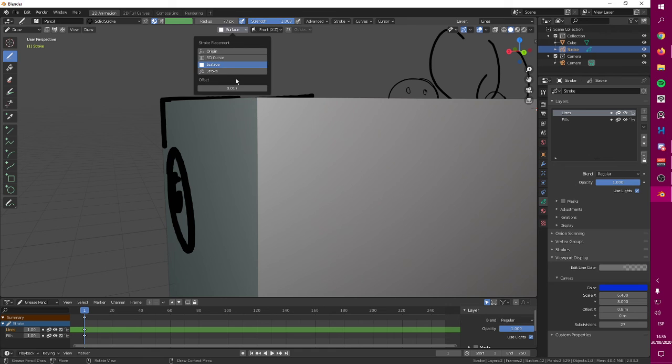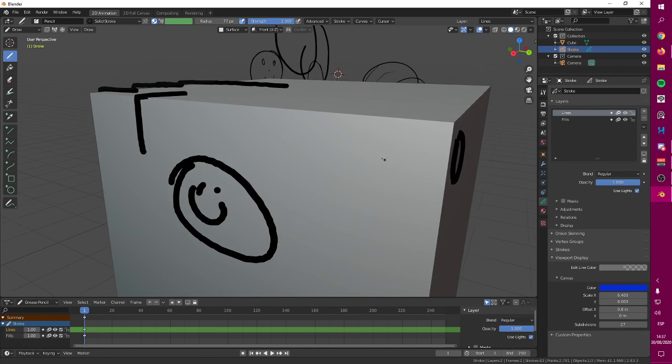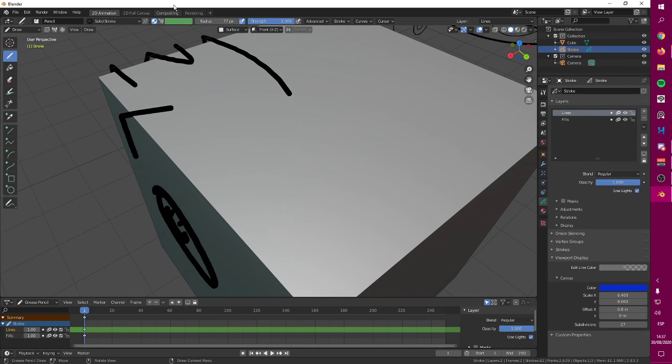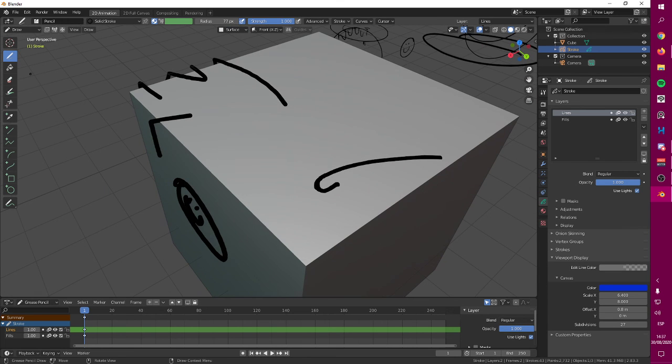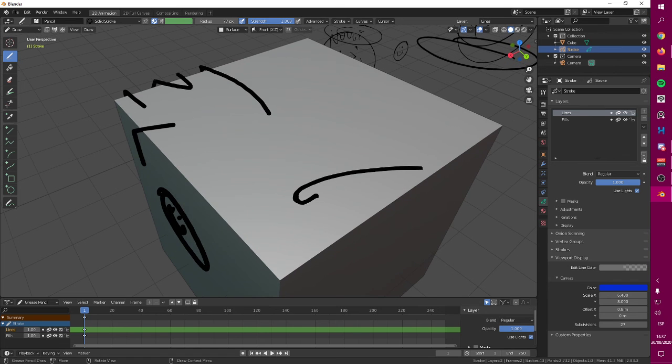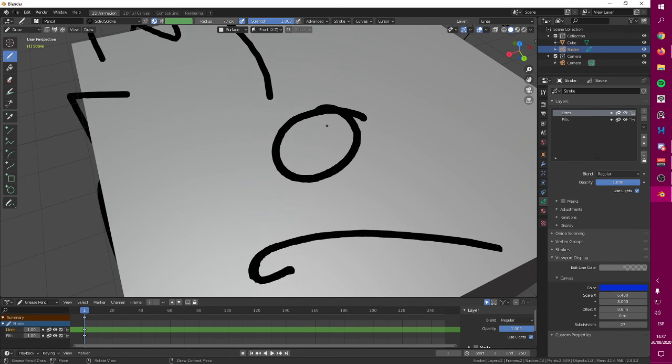Maybe a little bit more, like maybe 50. Maybe a little bit more. Let me check this out, so it doesn't look too weird. 100 maybe. And yeah, now you can actually draw on this, like this.